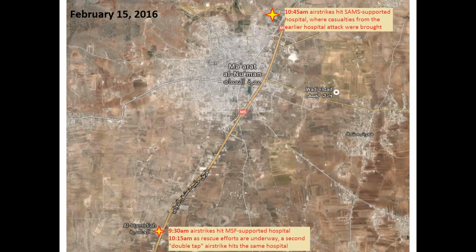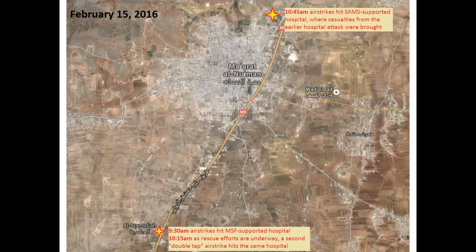The injured from that attack were then brought north to a hospital on the northern end of Marat and Amman, which is about 3 miles away. And half an hour after that double tap strike, the hospital where the injured were brought was bombed. That was a SAM-supported hospital, and I think at least 3 people were killed in that attack. So this is a series of numerous attacks on multiple facilities in a short period of time, double tap